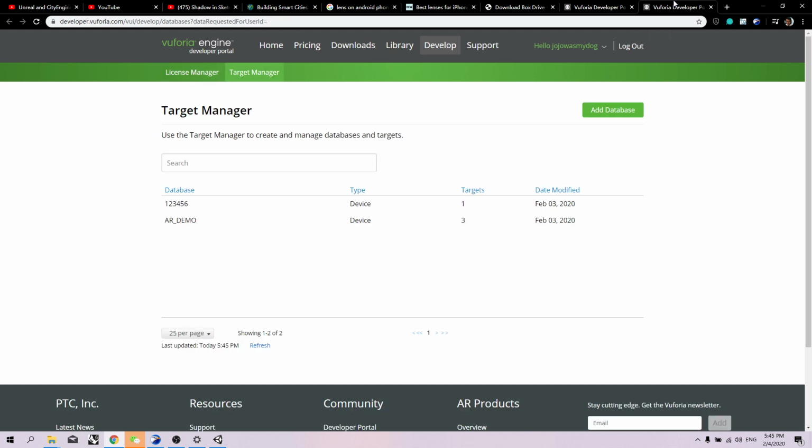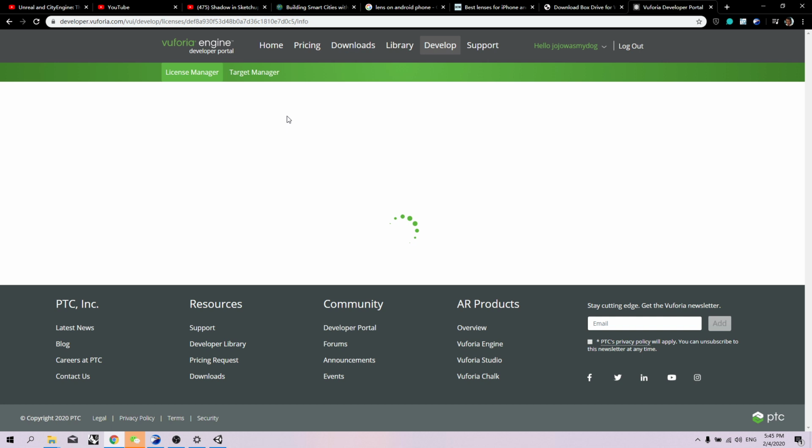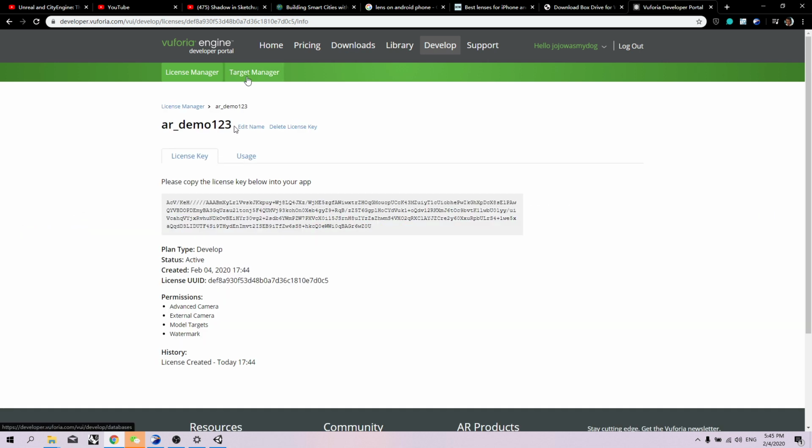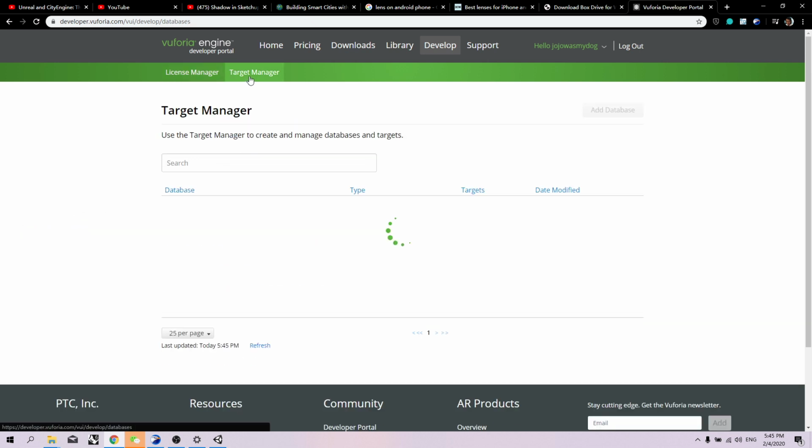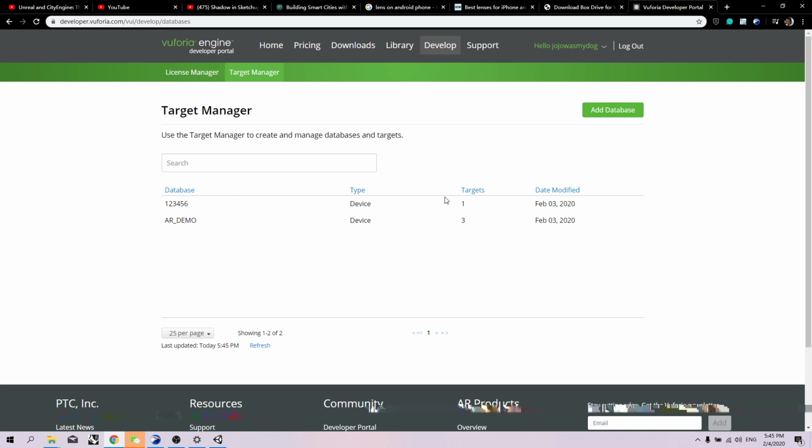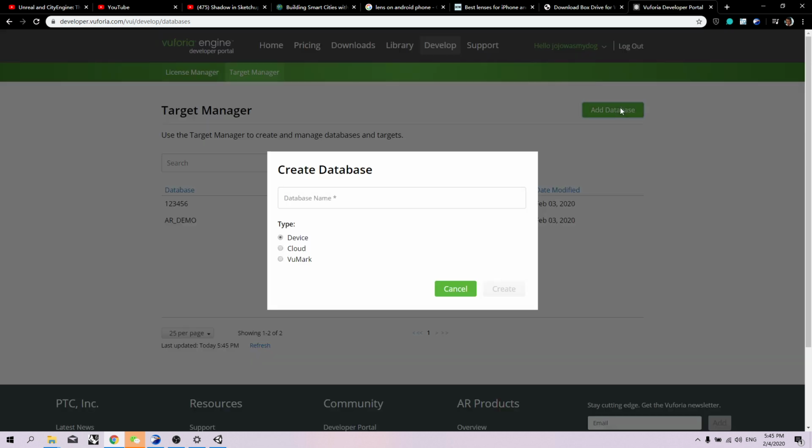Yeah, I have this. So under here there's a target manager, and I'm going to add a database target. So add database, SIM card. Click device, create,